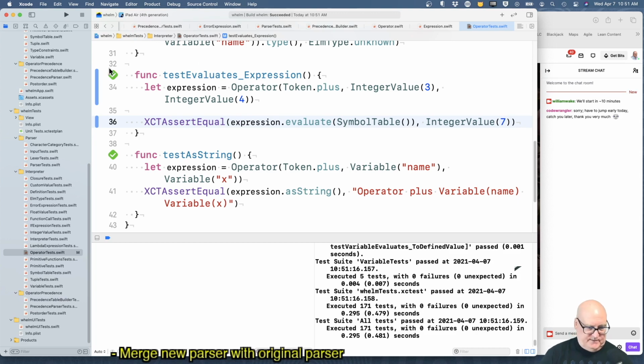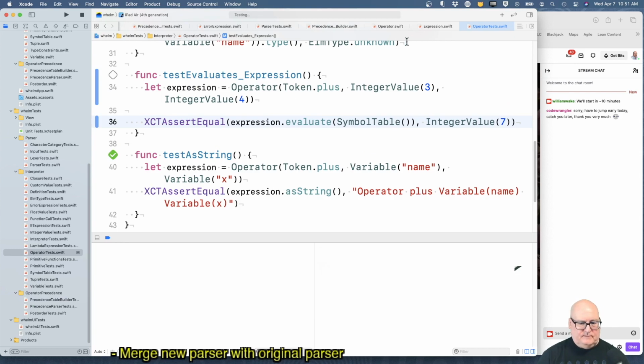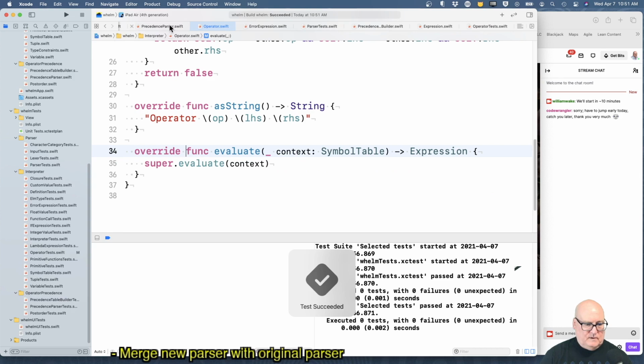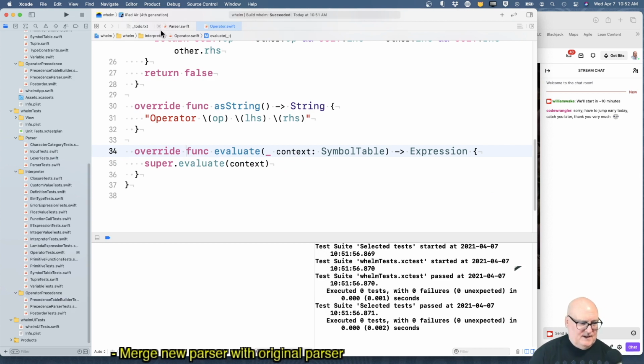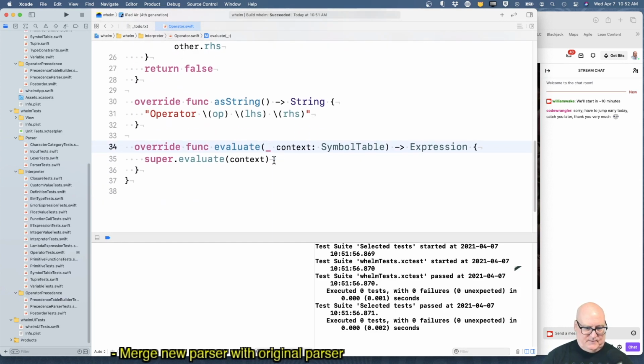That should fail, of course. Gonna close some of these things. Whoops. Probably could have kept that last one. All right, so the evaluate, well,